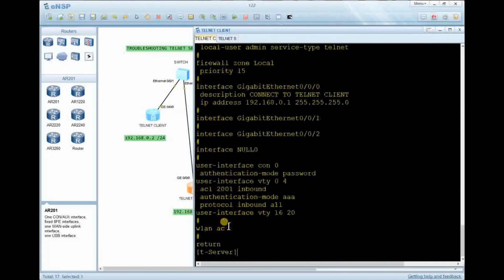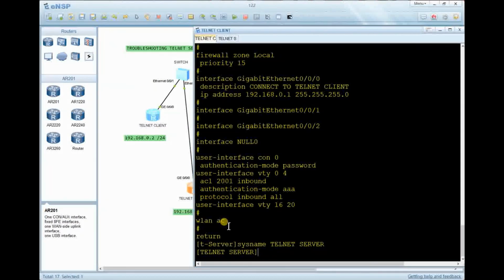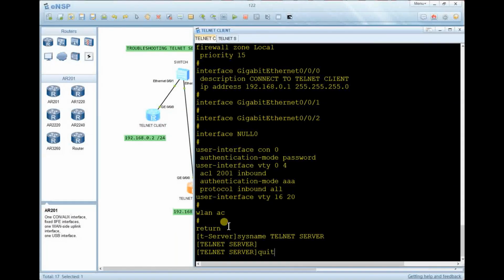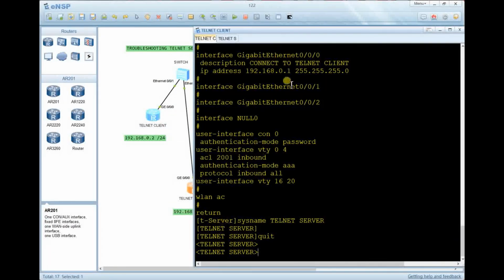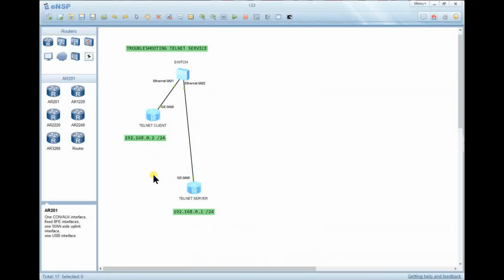As you can see, you can even change the system name to Telnet server. You can do anything because now you have access to the Telnet server. So I think that is the procedure